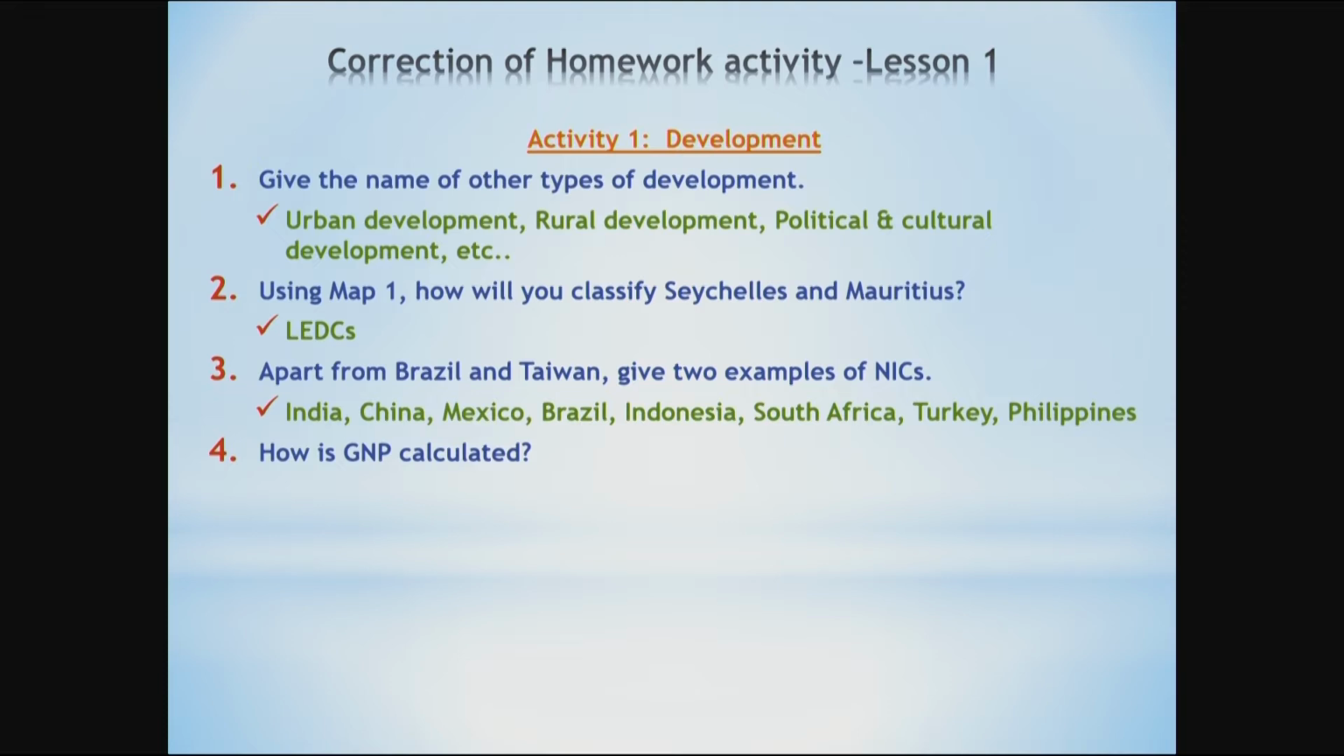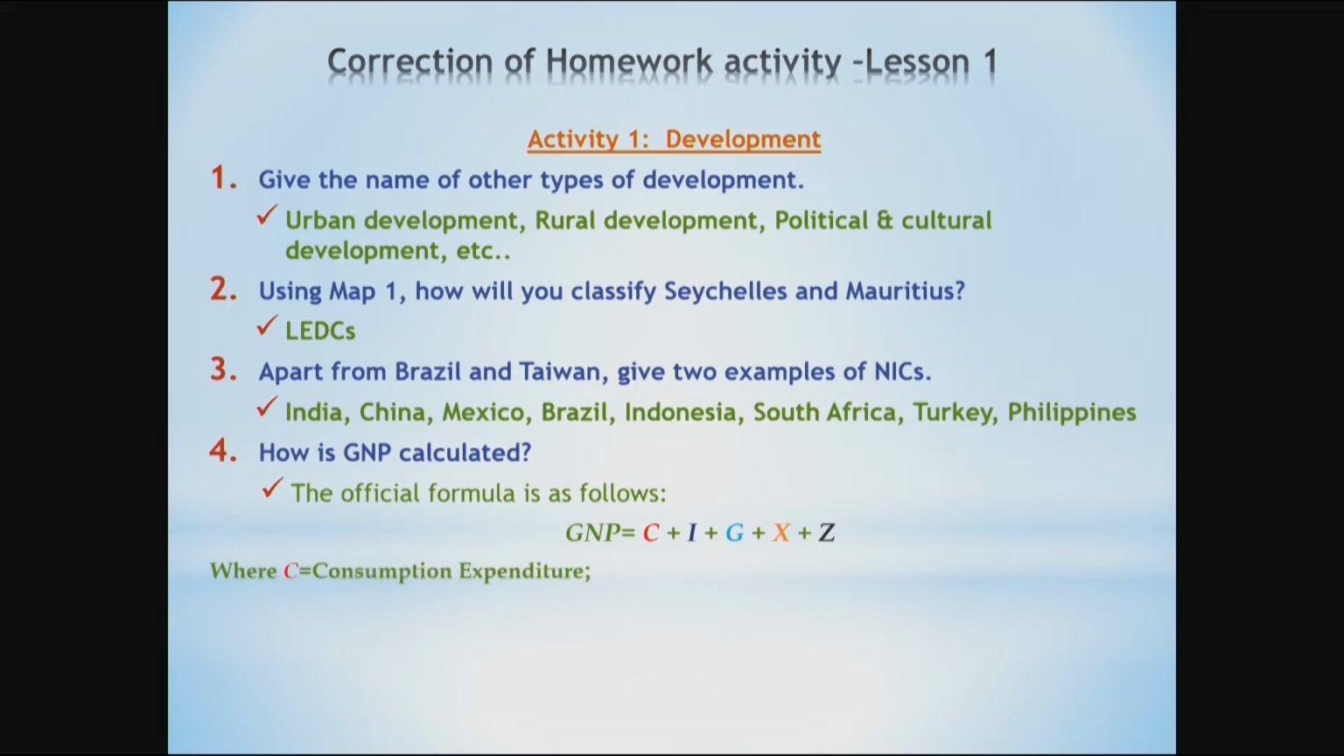How is GNP calculated? Anyone? What answer did you give? Yeah, but let us look. There is one official formula that we follow where we say GNP is equal to C plus I plus G plus X plus Z. Now these letters,